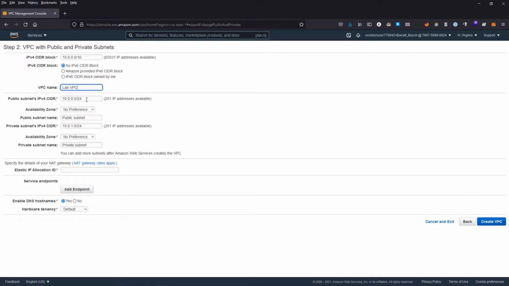And this is where we're going to have a /24 CIDR block for our subnets. Now remember, what this means is the first 24 bits of this IP address are fixed. So what that means is within this subnet, we now have 256 IP addresses available. But as you notice,